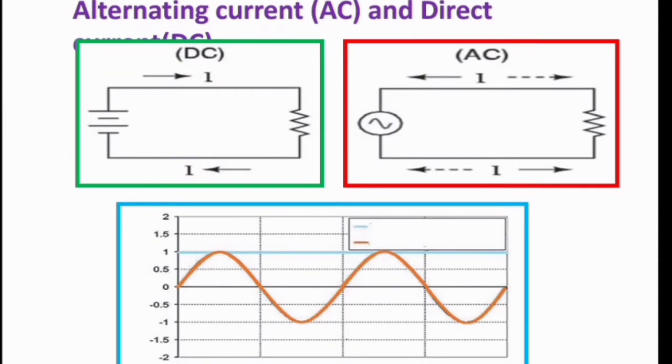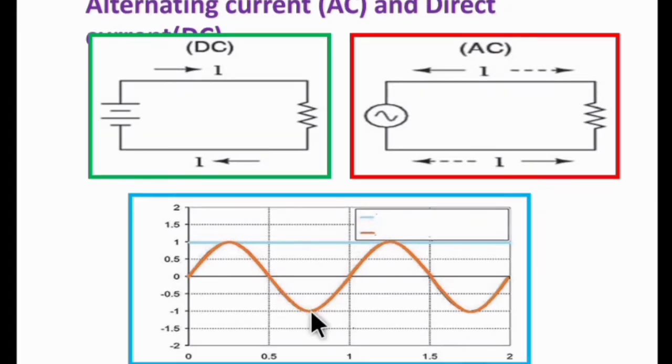Alternating current is oscillatory. As shown in the graph, it increases to maximum. See here on the x-axis, here is the 0. It increases to maximum, then it reduces to 0. It comes below to -1, then increases to maximum in the opposite direction and again reduces to 0. In the figure, magnitudes like -1, -2 have been used to show the reverse direction.